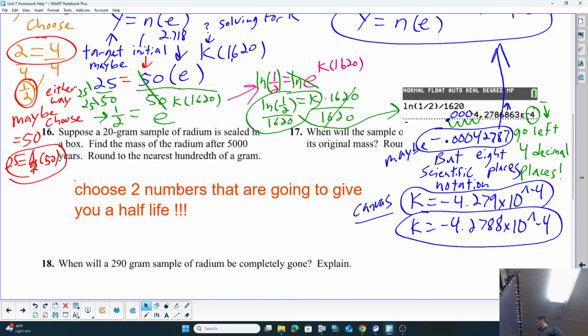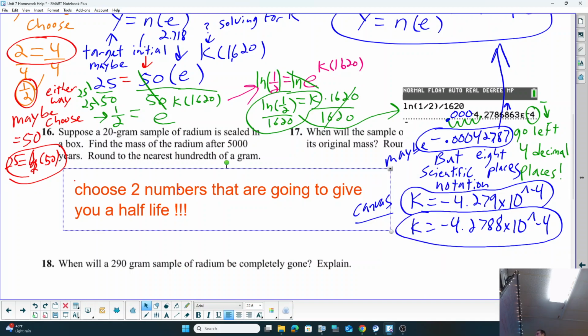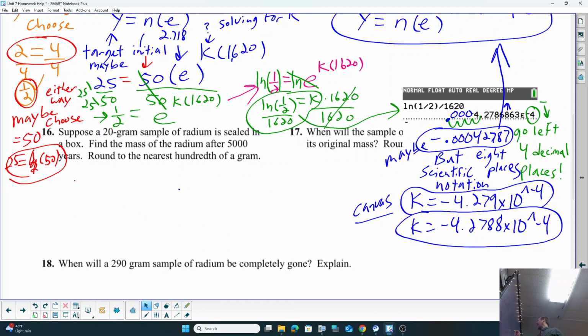So I'll let you try that one on your own. So you're going to go ahead and find the mass now. So after 5,000 years. And so 5,000 years is your T value. And 20 grams is your initial, which is like your N value, right? So round to the nearest hundredth of a gram, find the mass of the radium after 5,000 years. And so you're going to put your 20 there, and then you have your e there, and then you have your